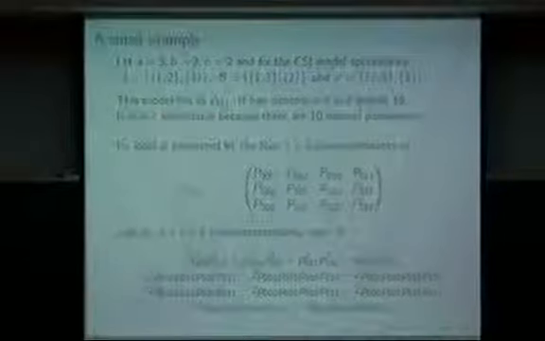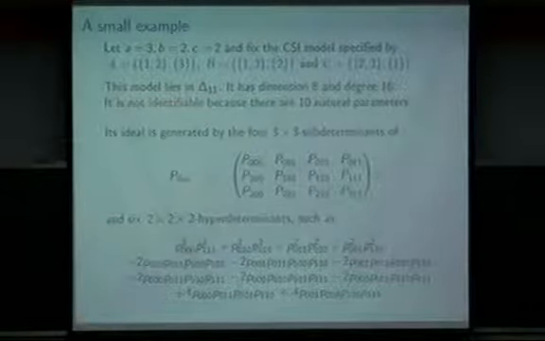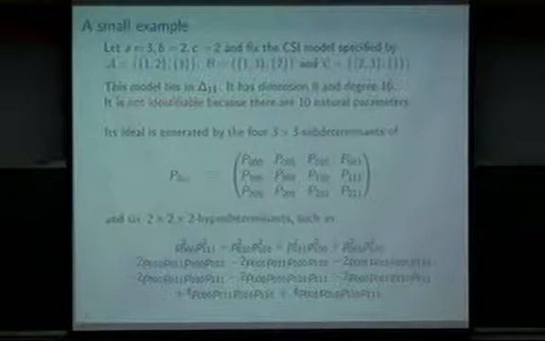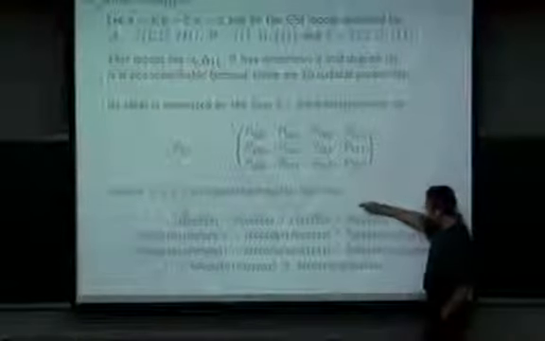So here's the small example. If we take A again to be 3, B is 2, and C is 2, and we take the CSI model, the Obama, Clinton, McCain model. This red model is an 8-dimensional model. It lives in an 11-dimensional simplex. The degree of the projective variety is 16. But now the model is not identifiable. The dimension of the model is smaller than the number of parameters. That's typical for these models. And the ideal is generated by the 4 3x3 subdeterminants of the flattened matrix and 6 2x2 hyperdeterminants, and they